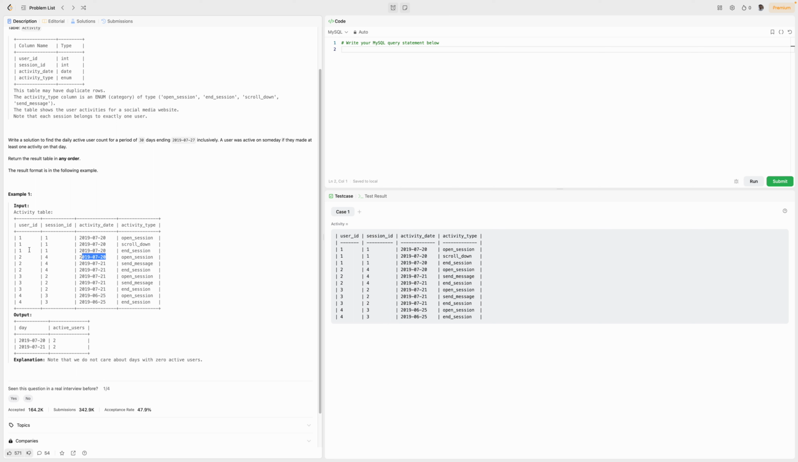All right. So I'm going to group this by activity date first, and then I'm going to do the count of the distinct active users. Yeah, and then I'm going to filter out the date. So select activity date as day, and count of distinct user ID,